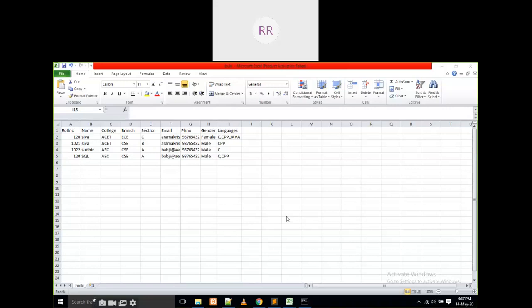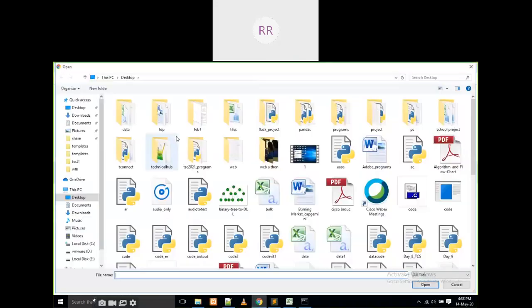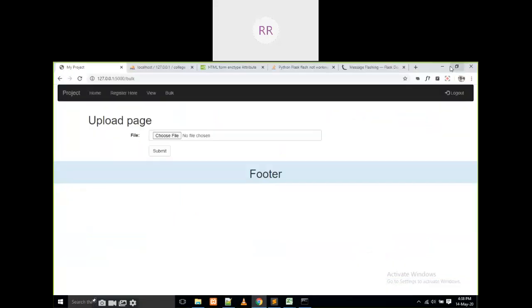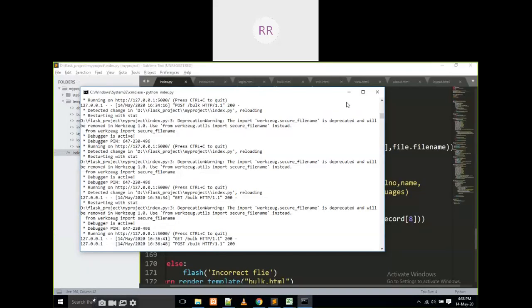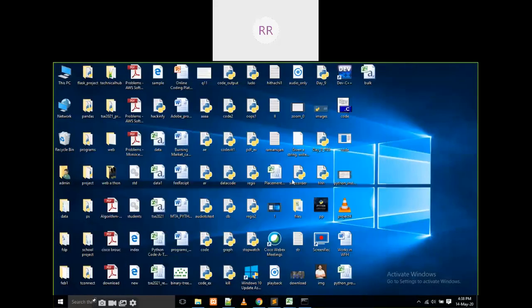And one more thing is there. For example, I will give a file other than this file. That is also a CSV file. I will open that data.csv. What is the structure of that one? I will show you.